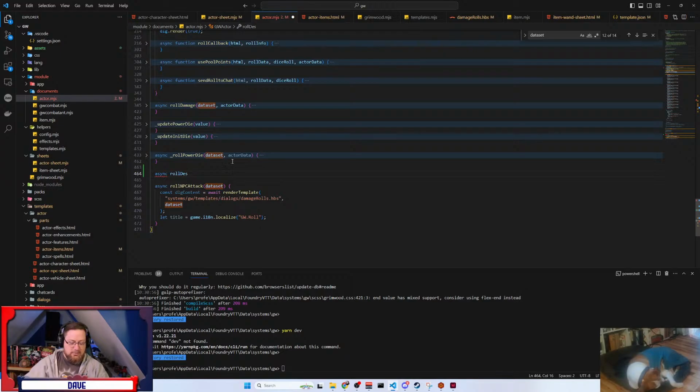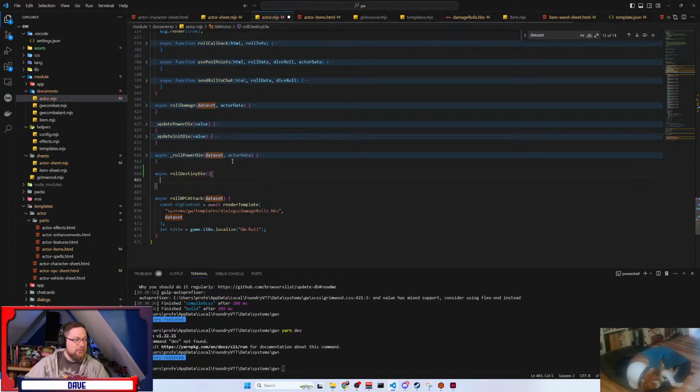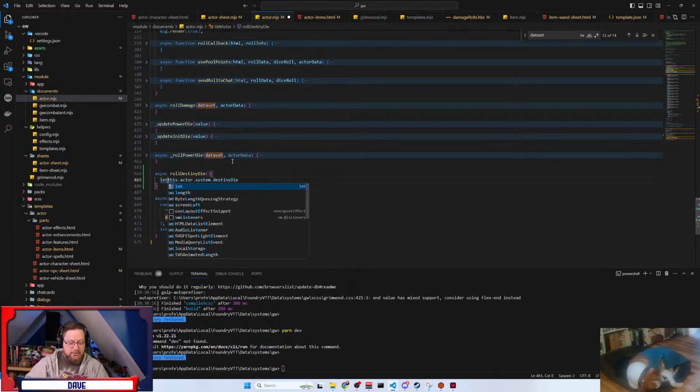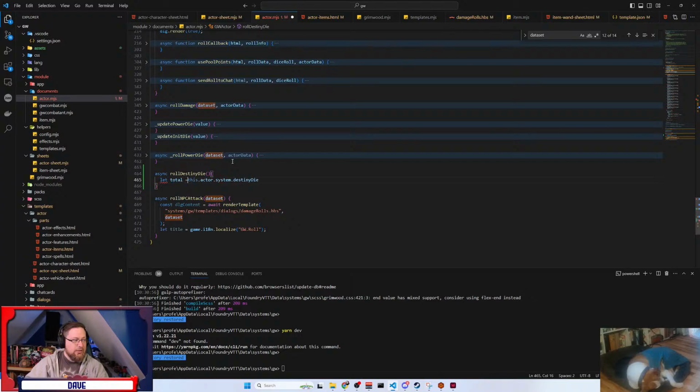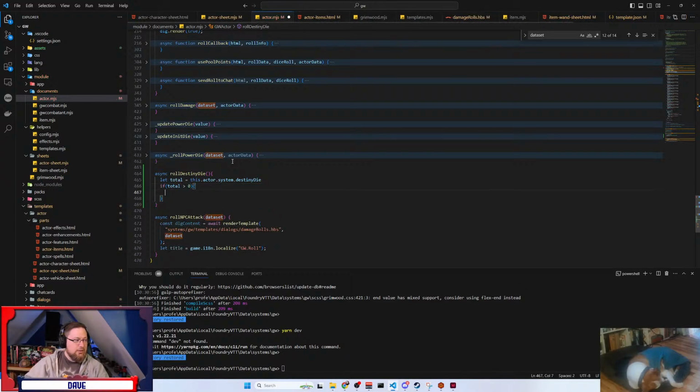Let me get the system set up so that I know it's already there, so I don't have to deal with it. We're just going to take this actor, dot system dot destiny die, and we're going to just let total equal this. If total is greater than 0, then we are going to